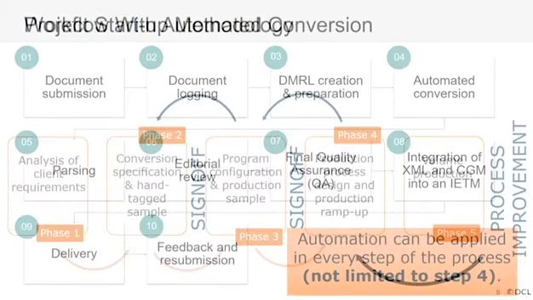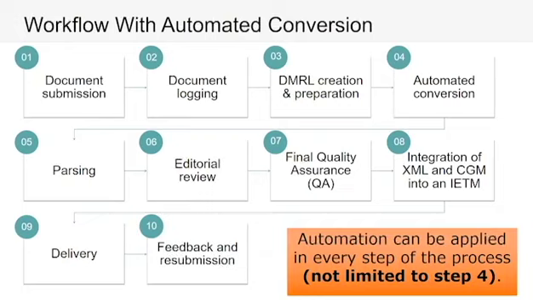So this step in the workflow really applies to legacy data that is already in electronic format, maybe HTML, XML, FrameMaker, or Word files that are perfectly styled, that were user styled consistently, and you can use that for your benefit. But if legacy data is paper or PDF image, you need two additional steps before step 3. That's text extraction, which includes zoning, OCR, and proofreading to make sure the text was extracted properly, and file preparation, which includes styling and prepping the files for conversion.